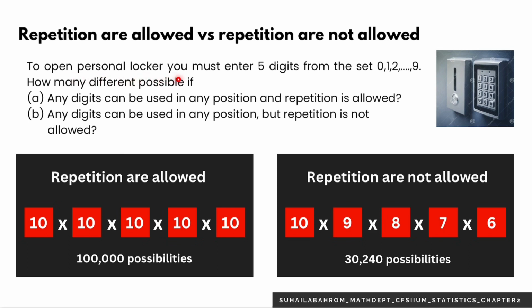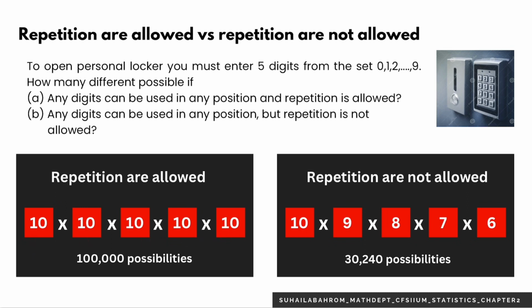To open a personal locker, you must enter 5 digits from the set of 0, 1, until digit 9. How many different possibilities are there if any digits can be used in any position and repetition is allowed? And for part B, no repetition is allowed. When the repetition is allowed and there are 5 digits here,